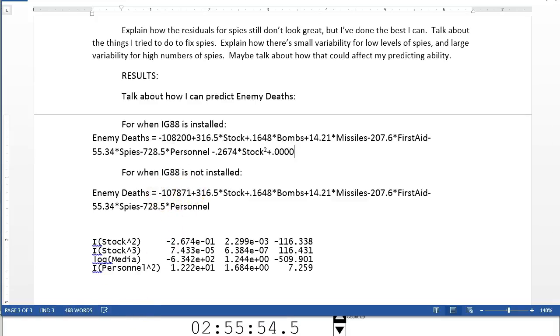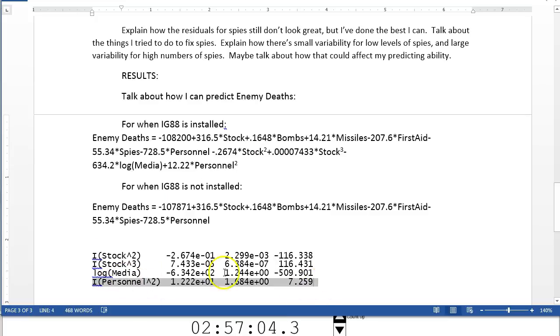And you might be wondering how many decimal points you're required to use on this. I don't know that I care. This isn't a class about significant digits, but give yourself some digits. If you were doing the code for the prediction equation and you don't put enough digits on, it can affect your answer, especially since stock is big numbers, and when you cube it, you get really big numbers. So even though that looks like a tiny number, it's going to be big after I take stock cubed. So do make sure that you give it some digits, right? And these leading zeros don't count. I mean, a couple of actual value digits. So, I don't know, 3 or 4 seems fine. I'm not going to grade that particularly.